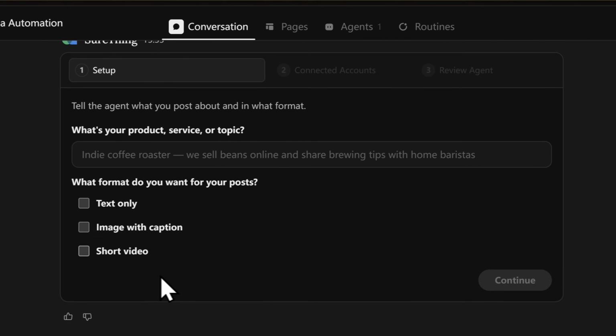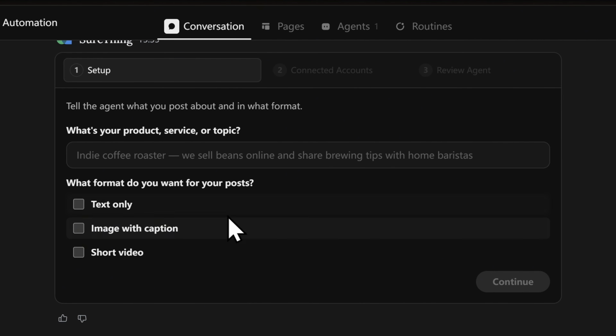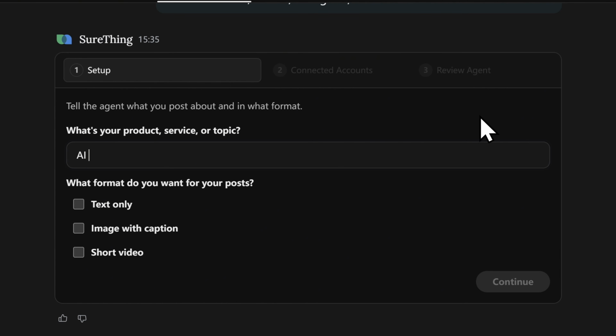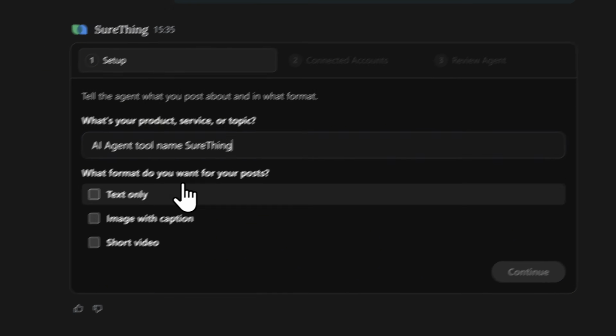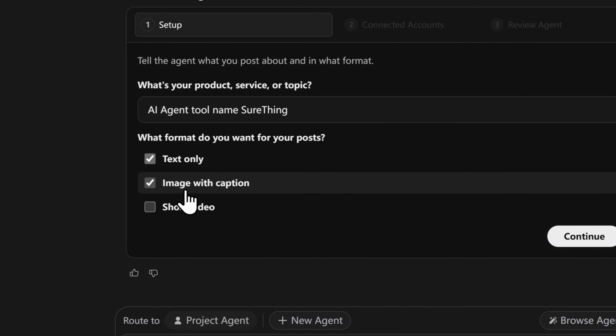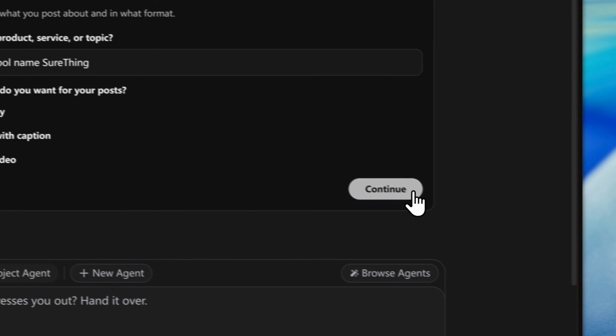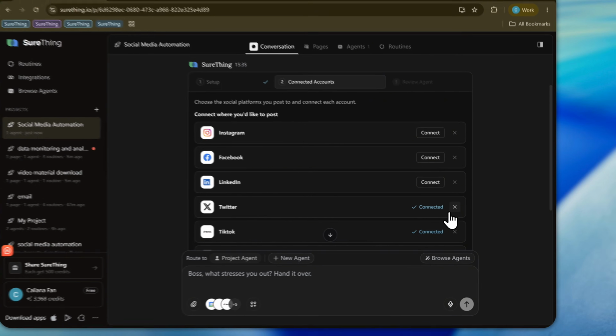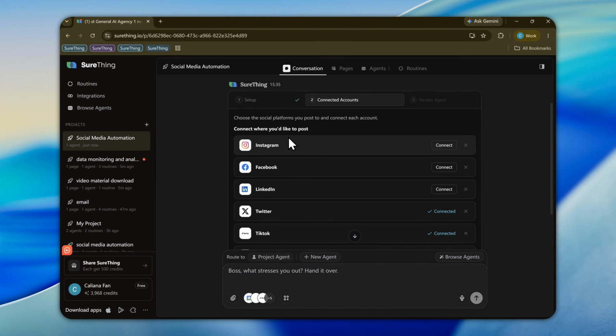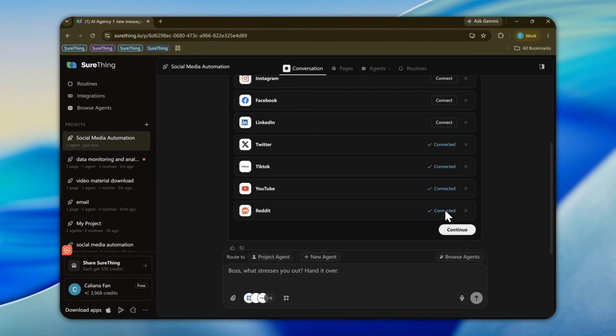Now here's where you tell SureThing exactly what your brand is about. Describe what you actually do. For example, I typed in AI Agent Tool, SureThing. Next, choose your post formats. You can go text only, image with caption, short video, or all of them. I'm selecting all 3 here. Click Continue, and you'll land on the Connected Account screen, where SureThing shows you every platform it can publish to,